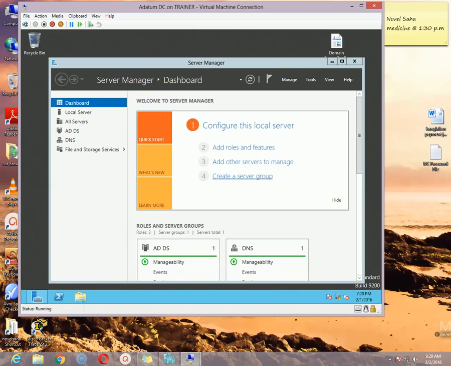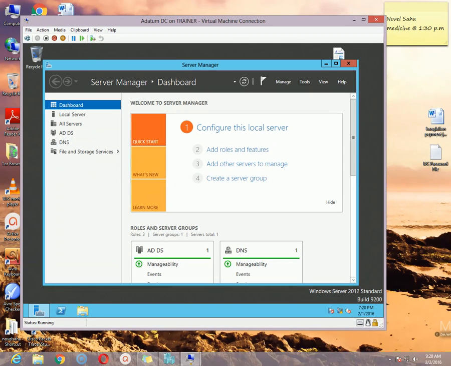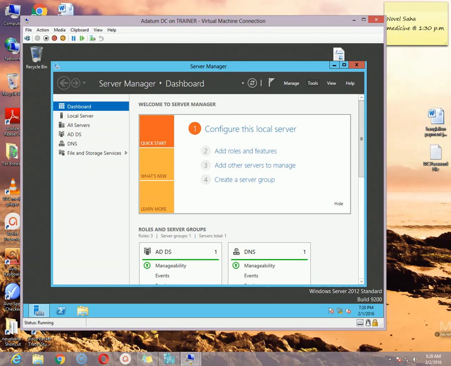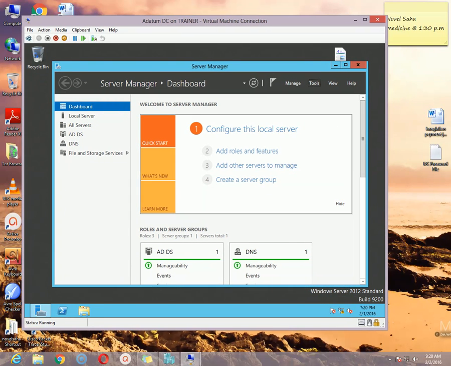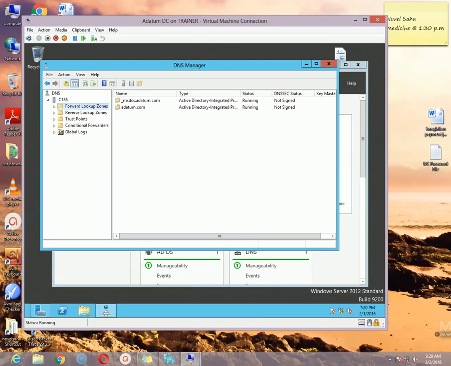Okay, so now I am going to show you how to configure forest trust between two forests. The first thing, we need to configure our DNS server. So from the first forest, go to the Tools menu and go to the DNS option.